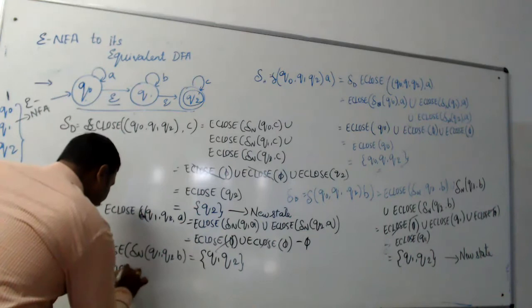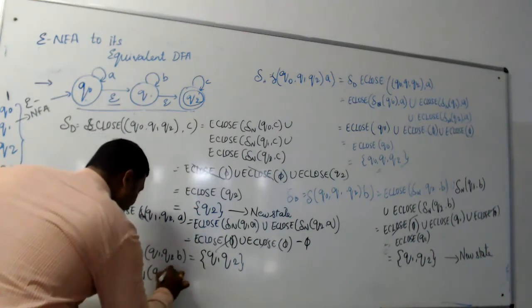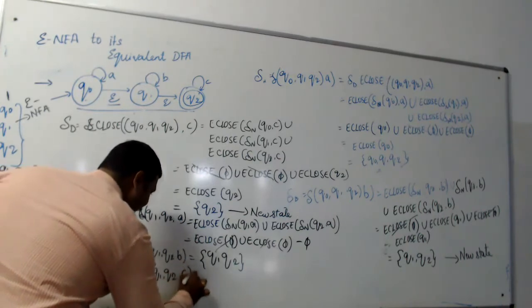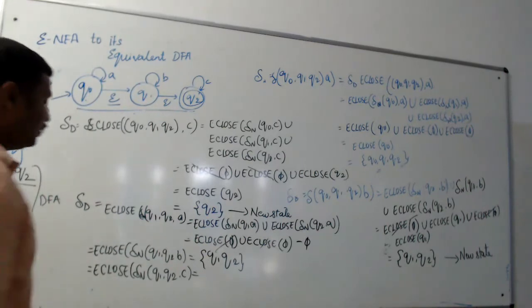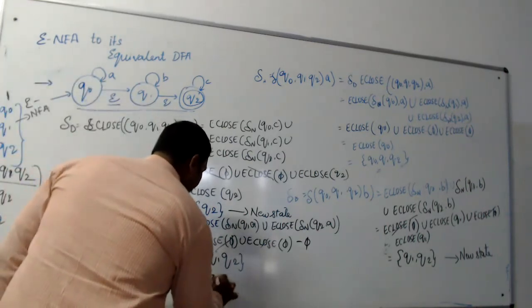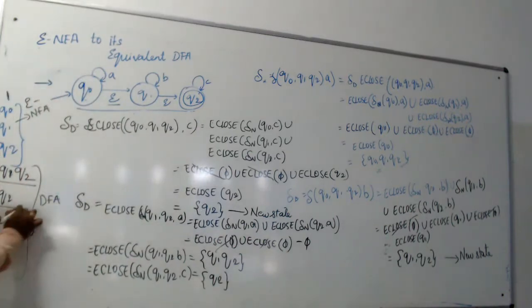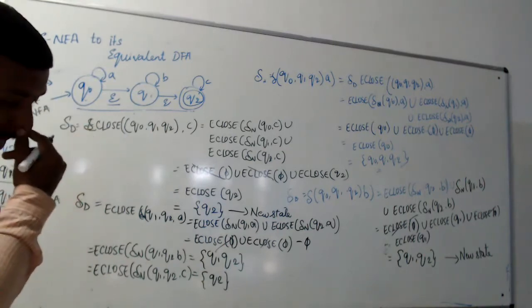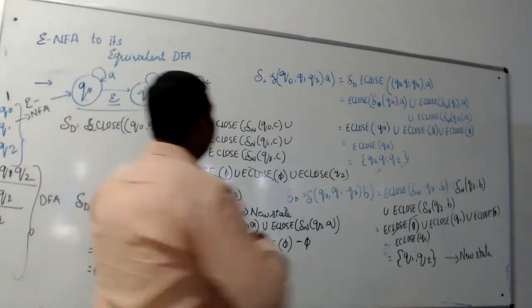Next, E-closure of transition of Q1, Q2 upon C. You will get again, to elaborate it, I'll not write it again. This will be Q2, right? So I have completed the transition of the new state 2 also. Next, I am having one more state called Q2. Now let's check. So Q2, I'll write that.